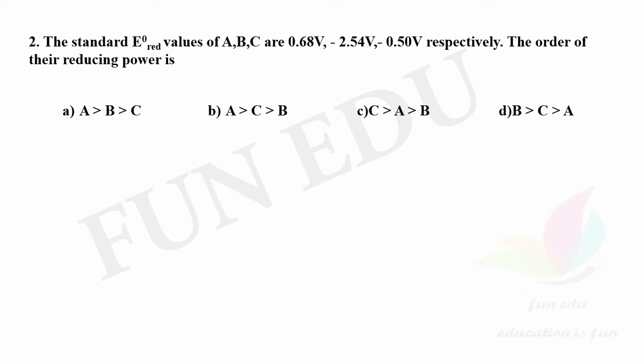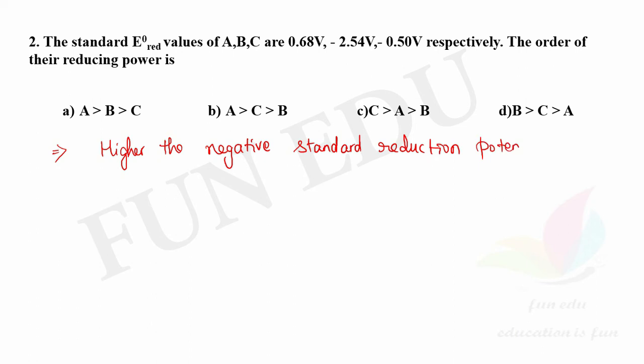Here the order is given in the decreasing order, as you can see here. So you have to find the order in the decreasing order. Okay. So reducing power in decreasing order you need to find out. So here one thing you need to remember is, higher the negative standard reduction potential,